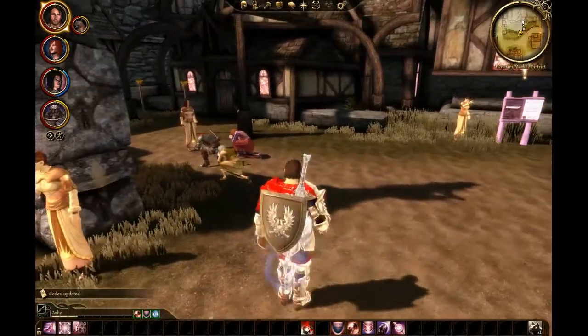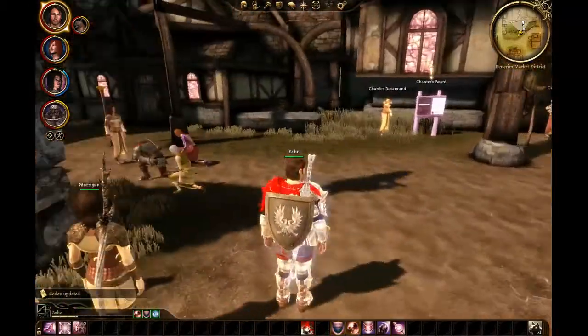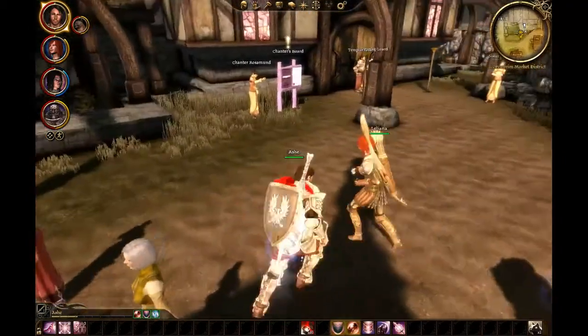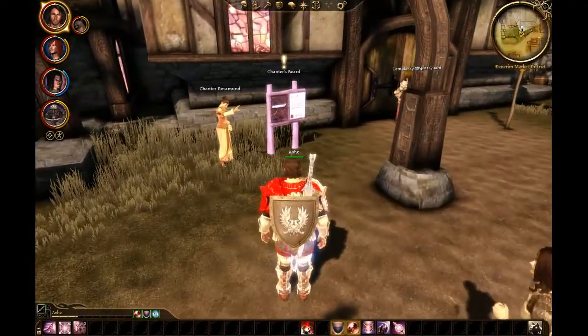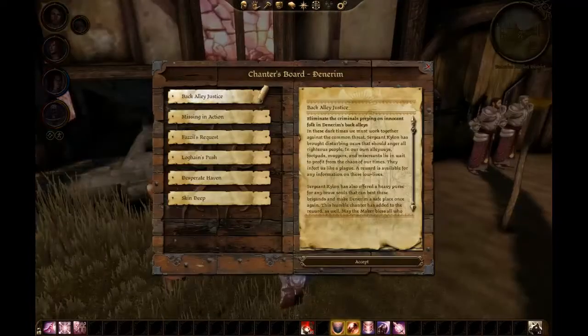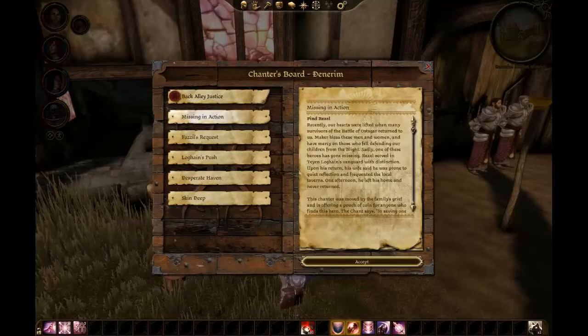Yeah, it's an interesting little religion they've got there. Chanter's board. All right, that's for side quests. Might as well pick those up. So we got Back Alley Justice: eliminate the criminals preying on innocent folk in Denerim's back alleys. No problem, except...